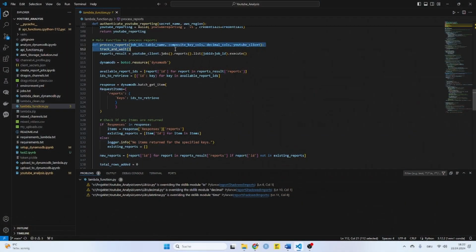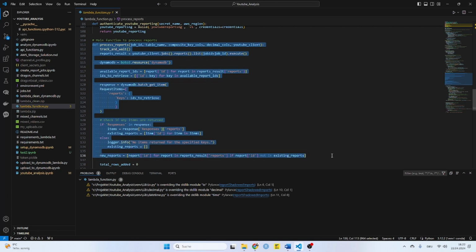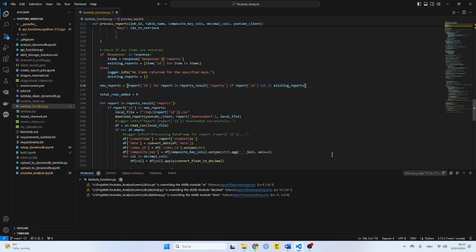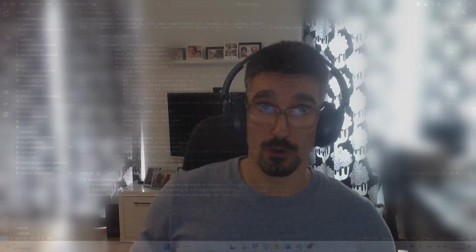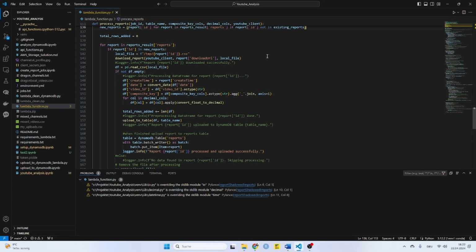And finally, we have the main function that puts everything together. So first we authenticate with the YouTube API to check which reports are available for download. Then we also check with our reports table in DynamoDB to see which ones of the YouTube server are new. For all new reports, we will download the CSV files from the YouTube API to a temporary local folder in the Lambda environment and check if there is any data contained besides the header line.